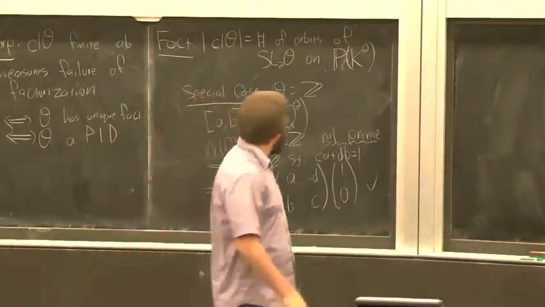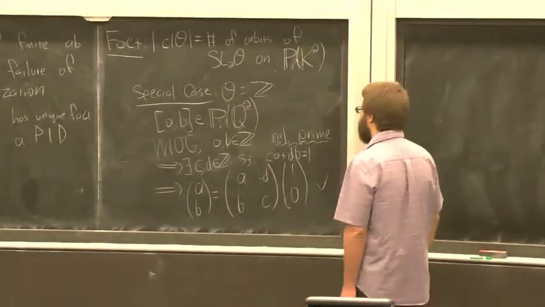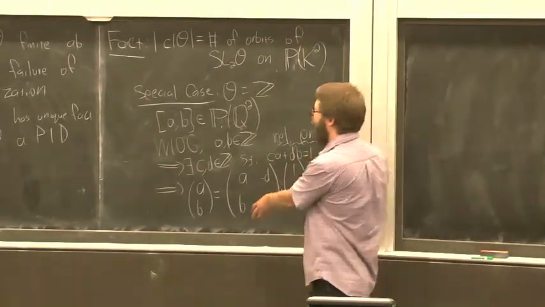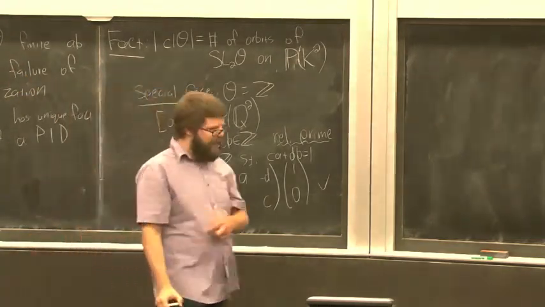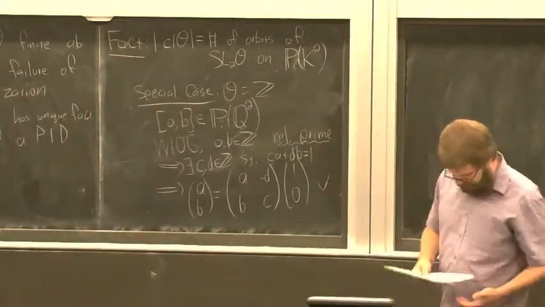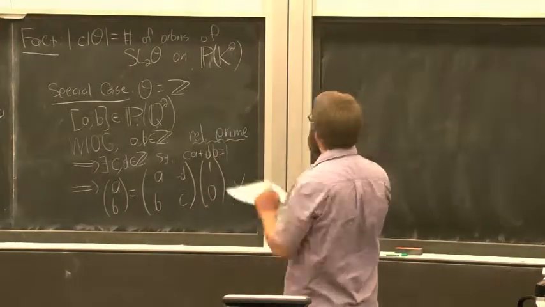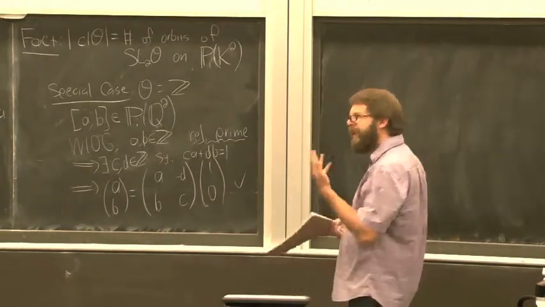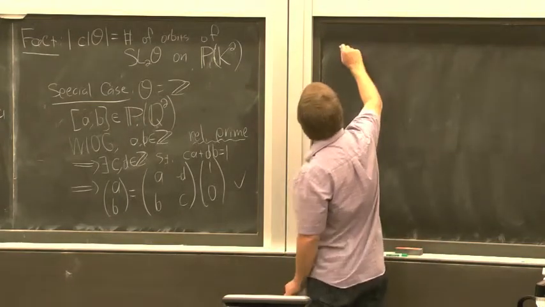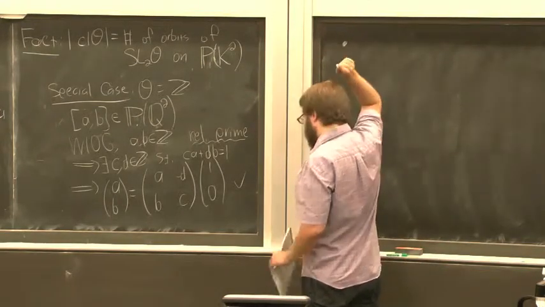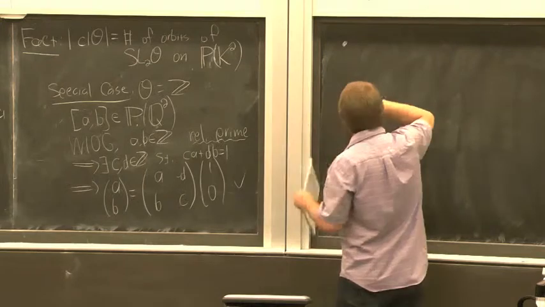Okay, so you can sort of see that the failure of this proof to work reflects the failure of unique factorization in your ring of integers. I'll close my discussion of what the class group is by giving you an example of a non-trivial class group. The standard example you give when you teach a first course in algebraic number theory is that the class group